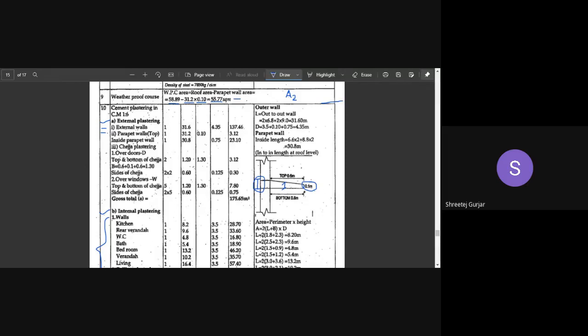So this numerical is a very lengthy one, right? In this, we are calculating all the items of work. This numerical is for your understanding. Usually this kind of numerical will not be asked in our exam. If it is asked, not all of these quantities will be asked to calculate, only some of the quantities and not all the quantities which we are looking into today.